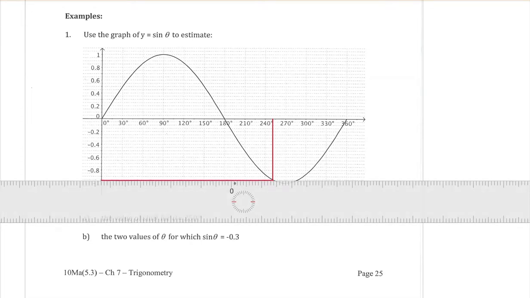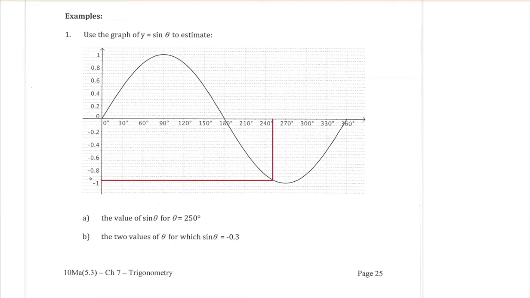Straight across. Now we need to try and read off what y value that is hitting over here. So looking at the scale on our y-axis, they're going up or down by 0.2. So directly in the middle of the 0.8 and the -1, that's going to be my negative 0.9. And so halfway in between that is going to be negative 0.95. So sine of theta, when theta is 250 degrees, is going to be approximately equal to, I should use an approximately equal to sign there, minus